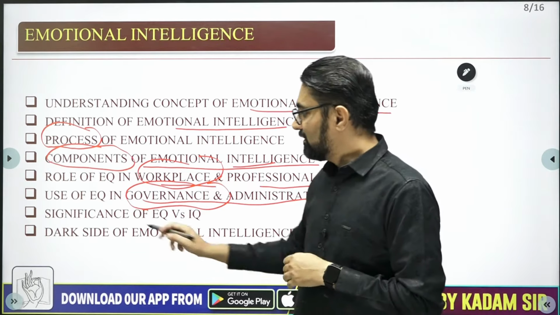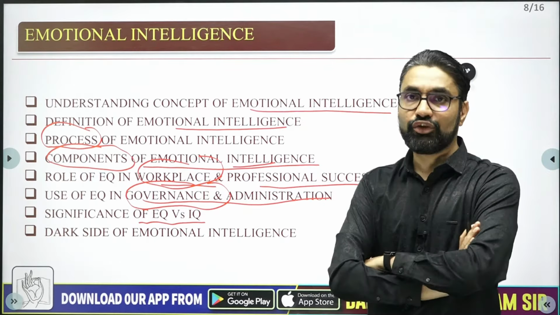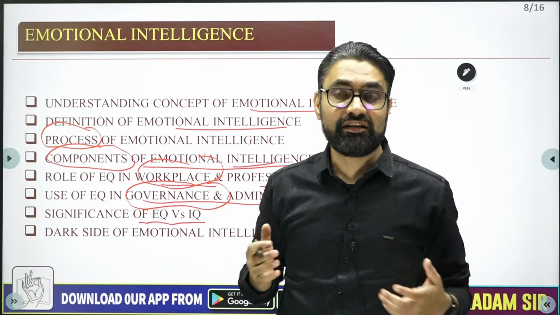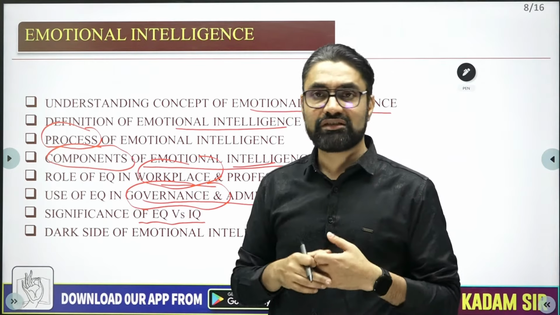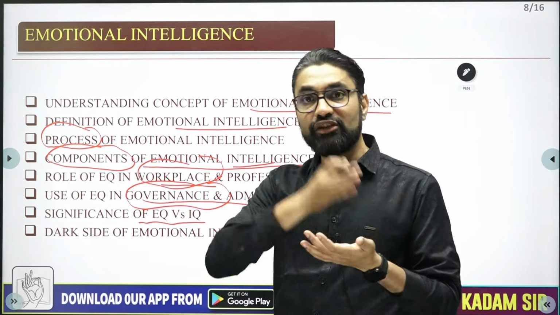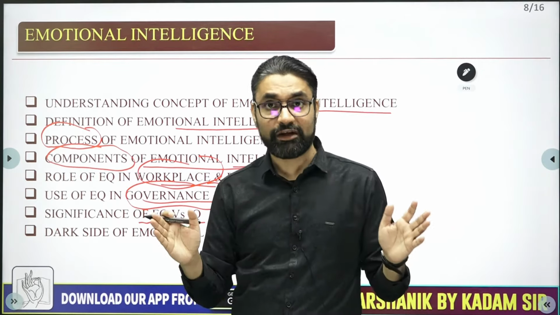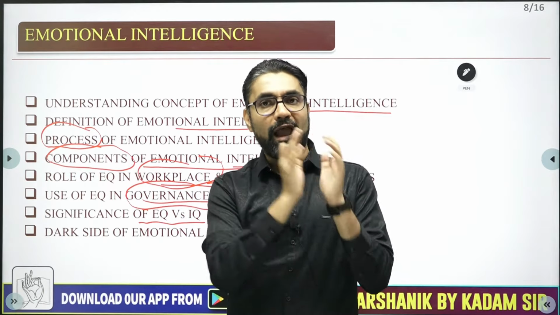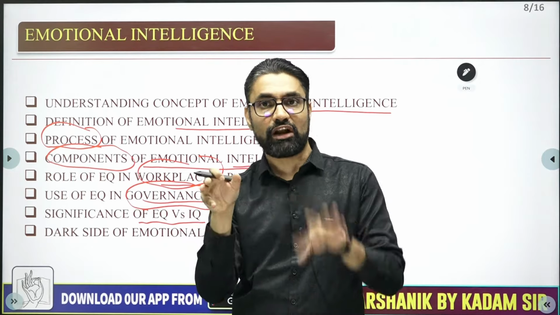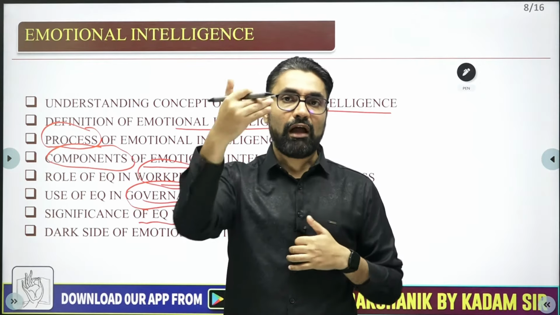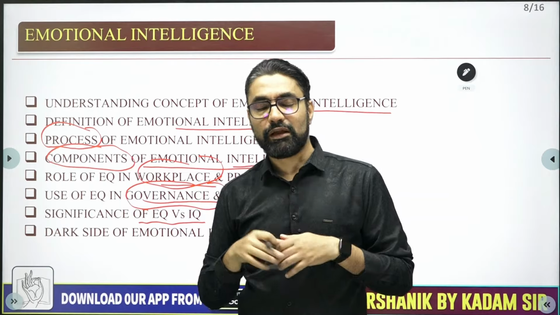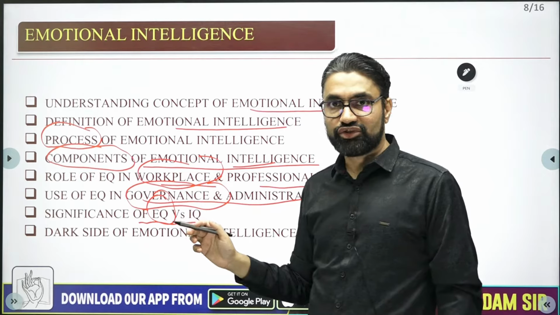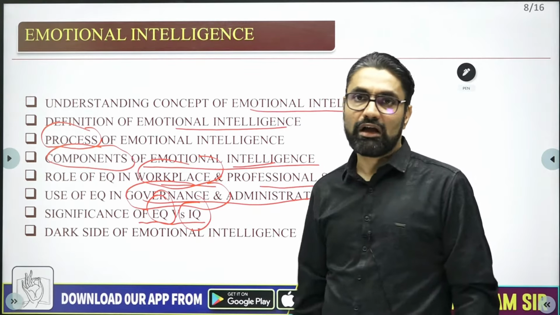Then we will discuss the significance of EQ versus IQ. This year UPSC asked a question that you need to be not only emotionally intelligent but analytical intelligence is also required. So which is more important, IQ or EQ? Are IQ and EQ separate, or do IQ and EQ presuppose each other? And if you have IQ but not EQ, what will happen? If you have EQ but not IQ, what will happen? And if you have both, what will it lead to? So in both ways we will try to understand the relationship between emotional intelligence, emotional quotient, and intelligence quotient or IQ.